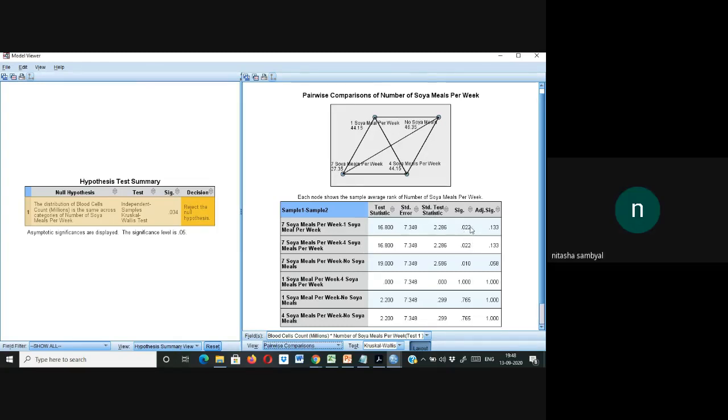See, now you are comparing this one with this one. Now, there is a significant difference between 7:1, you are trying to say. Okay. Yes, sir. But let's put, for example, there is a difference between 7 soya meals and 1 soya meal per week. If we compare, this is one group. If we compare 7 soya meals with 4 soya meals per week, again the values come to be the same. Yes, sir. If a person is fed on 7 soya meals and 1 soya meal, there will exist a significant difference.